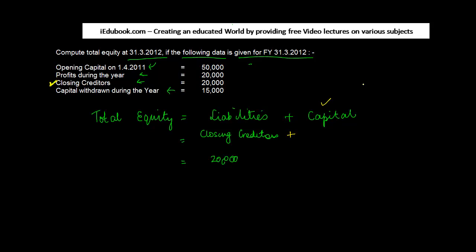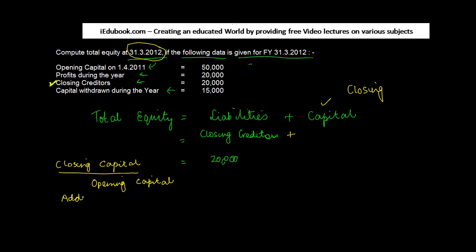Plus capital. When I say capital, what do I mean? I mean the closing capital as on 31/3/2012. But where is the number which is given to me for closing capital? It doesn't seem to be, but there is some other data which is given to me, right? Now, as you all know, as I had discussed in the previous video also, closing capital can be computed by taking the opening capital, and adding to that the profits or reducing the losses. In present case we have profits, and reducing from that the capital withdrawn,